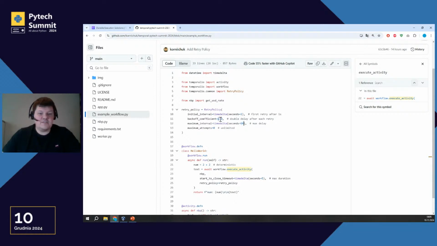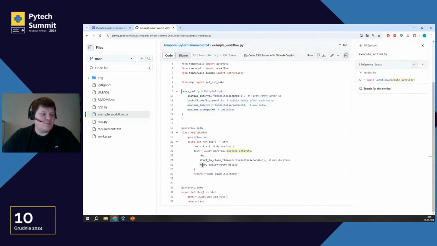Because with this doubling, we faced, I believe, in memes with iPhone block, you can block your iPhone for an unlimited period of time, and we don't want to have this logic. So the maximum delay is 64 seconds.